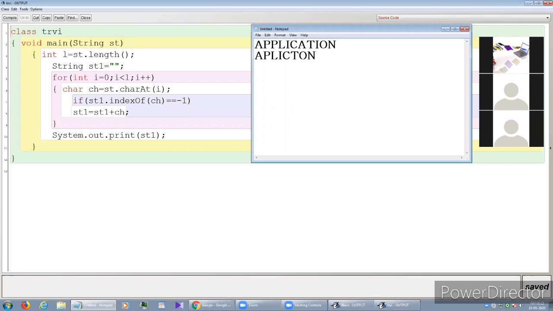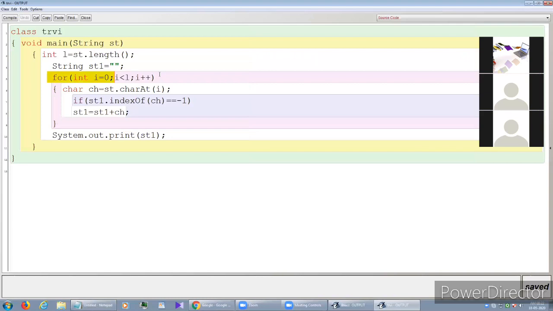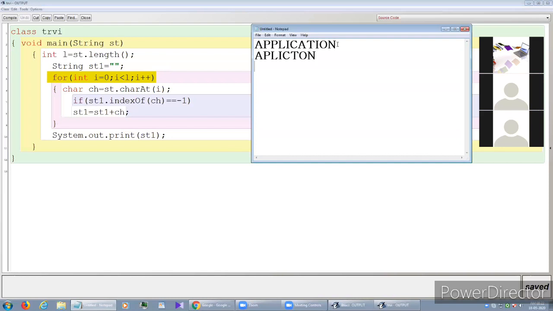String st is a variable where we accept the word, then find out the length, and string st1 is null. Then the for loop will continue: for int i equals 0, i less than l, i plus plus, char ch equals st dot charAt(i). If the input is application, in